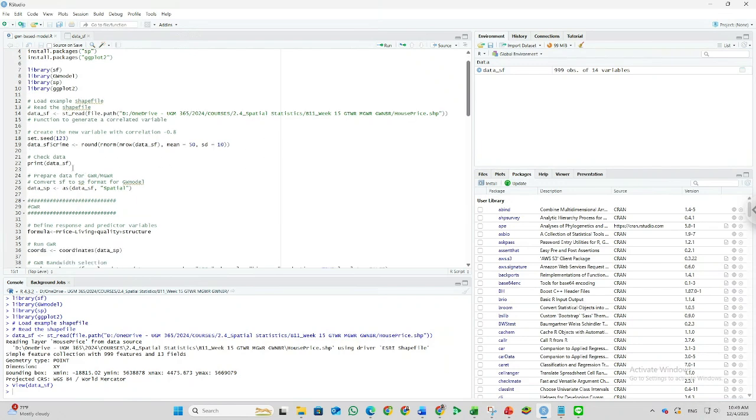GWR model. First, if you want to add a new variable, note that this data is dummy data, so this is not the real data or factual data. So we can add a new variable if needed.